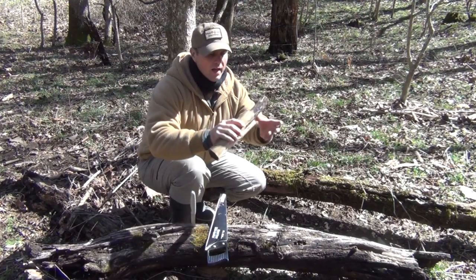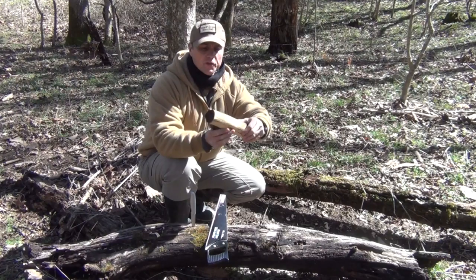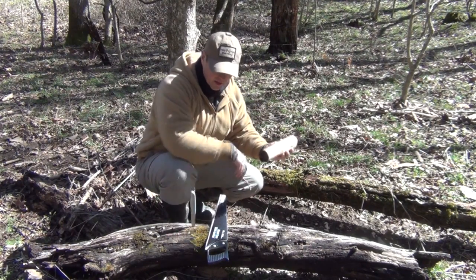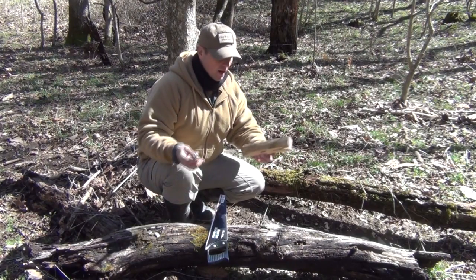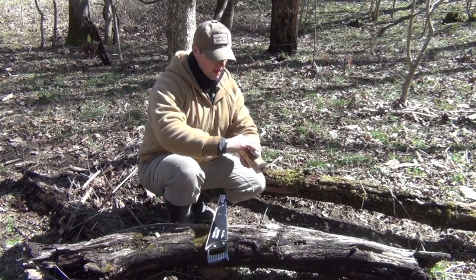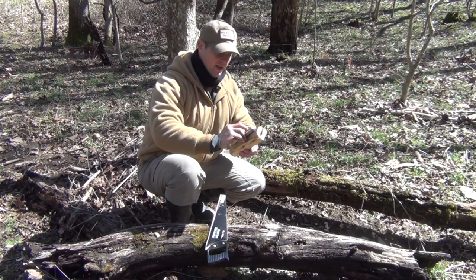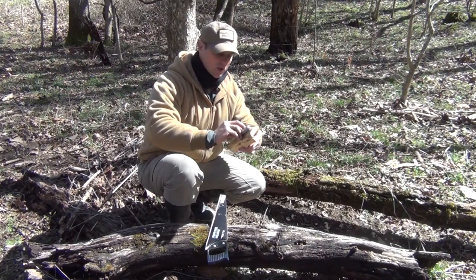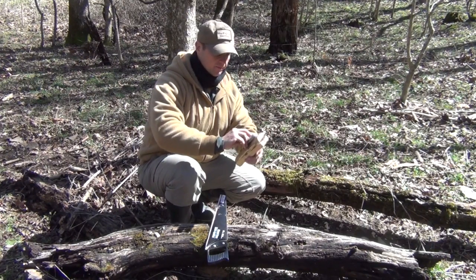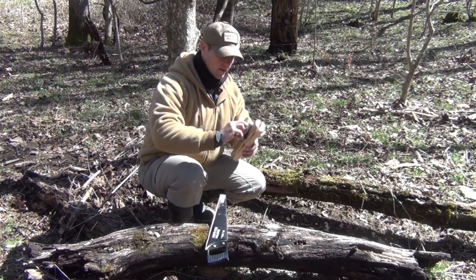So before I go ahead and finish splitting this piece of wood out, which I can pretty well do by hand, I've got a bit of a project in mind here for this knife. What I've got to do is see exactly where this falls and make some cuts accordingly. It's a whole lot easier to cut when it's one large piece than to try to do it as a small piece. Alright, I think we want to do it